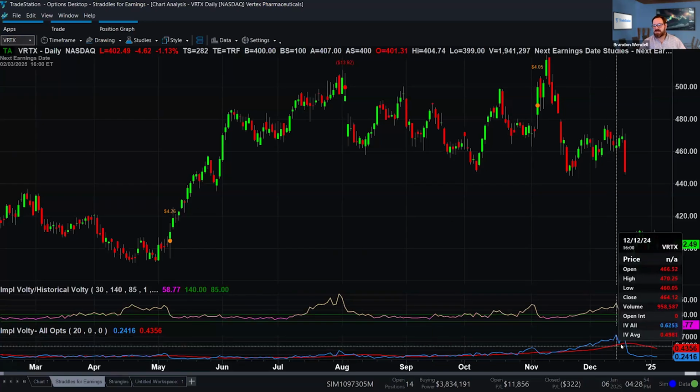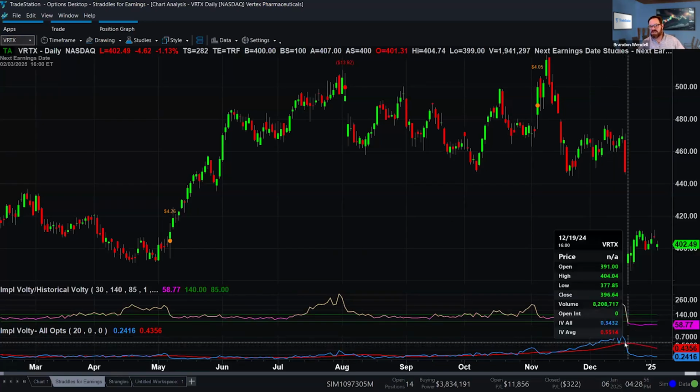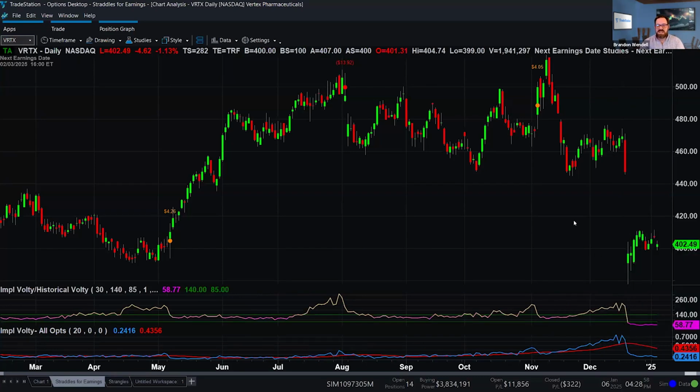Okay. And this wasn't earnings. I don't know what that was. Must have been some sort of news on Veritex. But overall, the volatility is absolutely very, very low in comparison to where it's been in the past and compared to the average right now. So I have a buffer. That's really what I'm doing: I'm creating a buffer against volatility by buying these roughly 40, I'm sorry, not 40, roughly 20 trading days, which is about a month prior to the announcement.